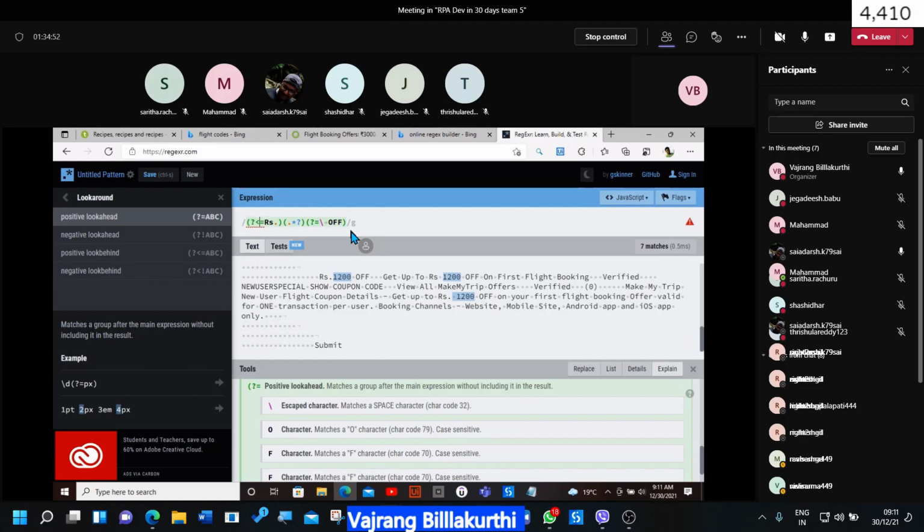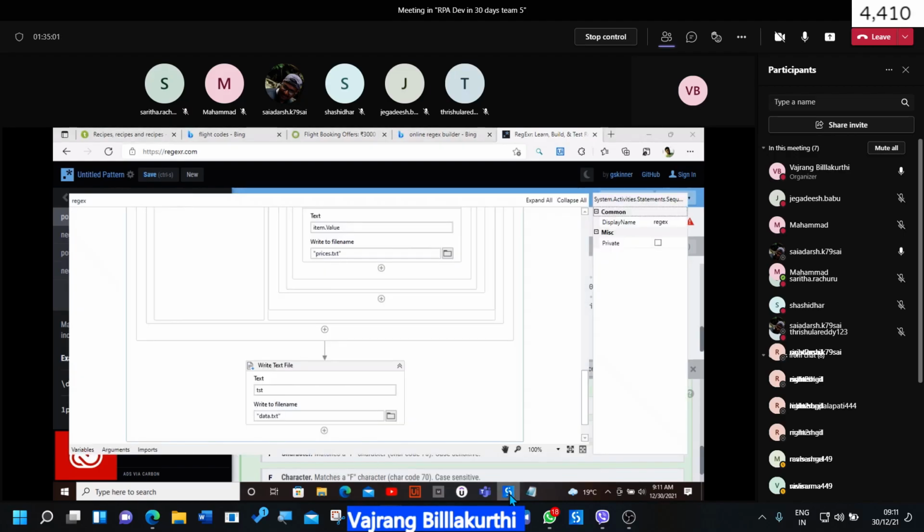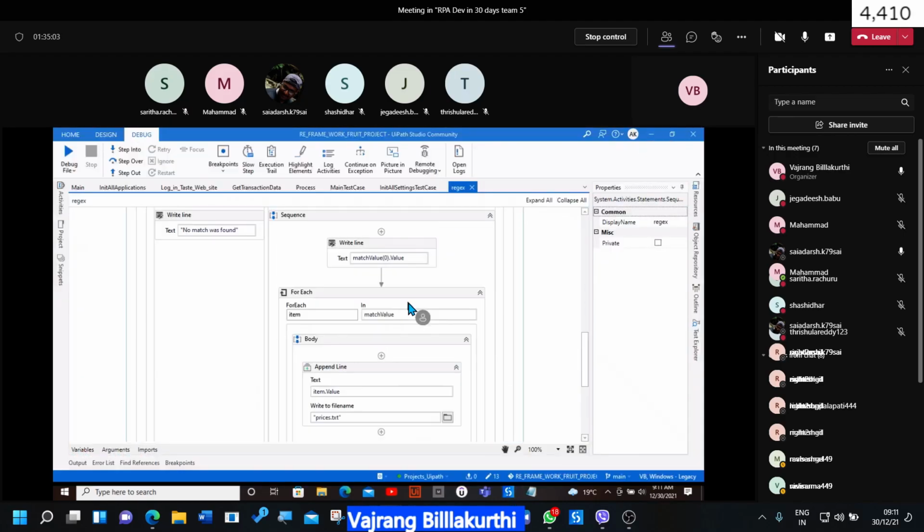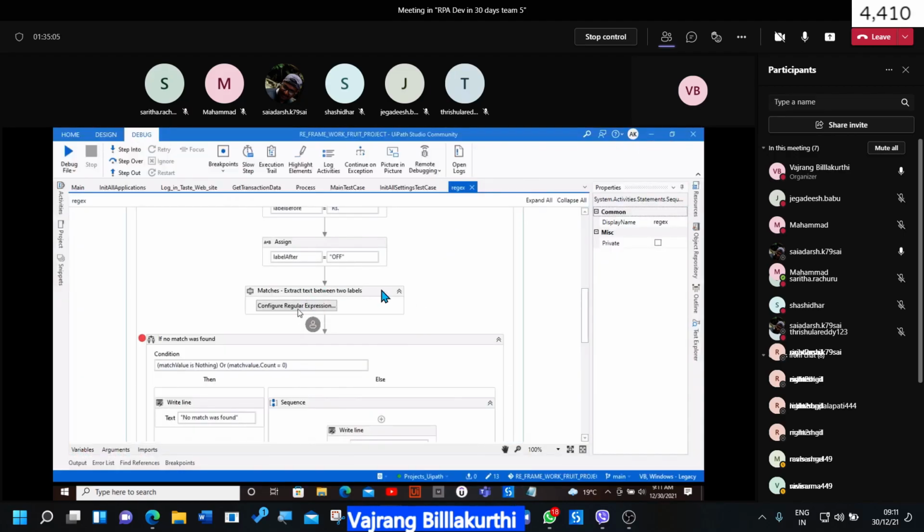Okay. Let's try with this particular regular expression. Hopefully we should get it. Even if we are not getting it, then we'll check. Let's go back in configure regular expression. Let's give directly this particular pattern.